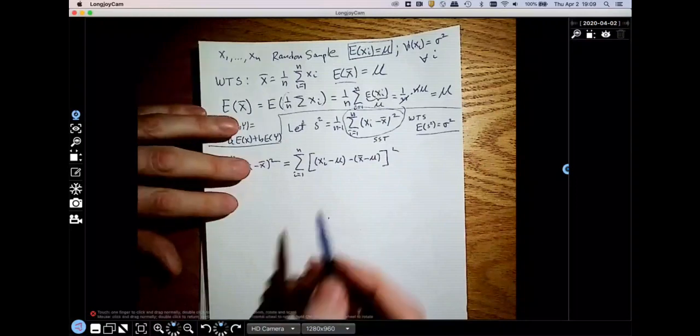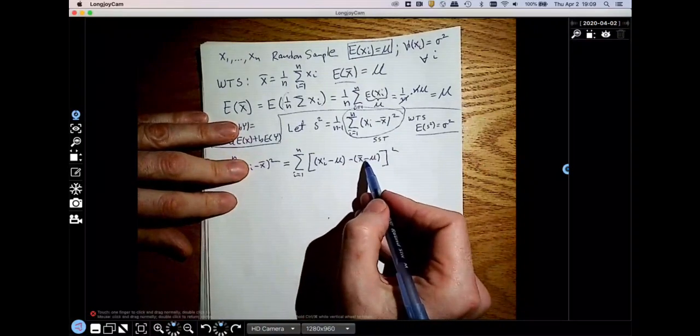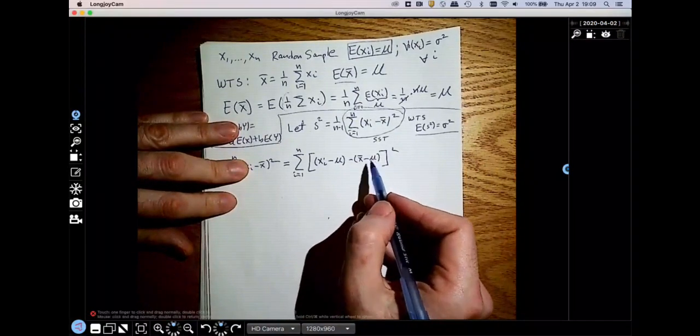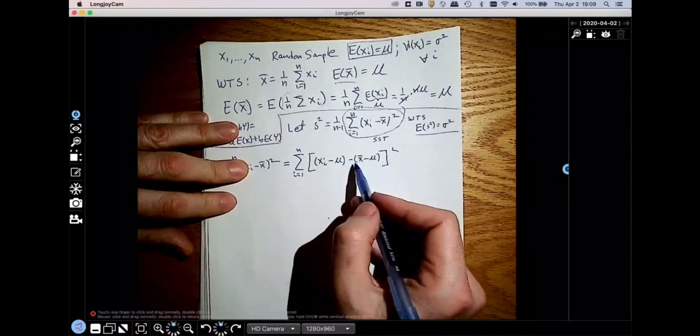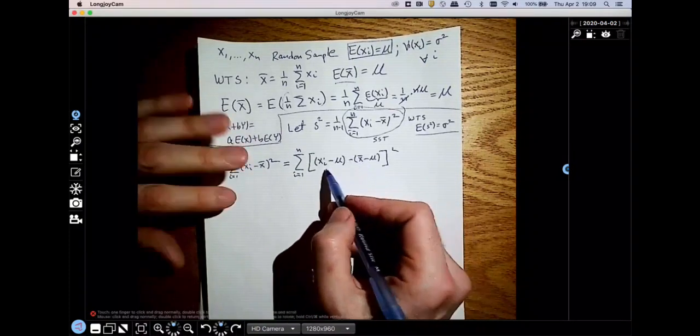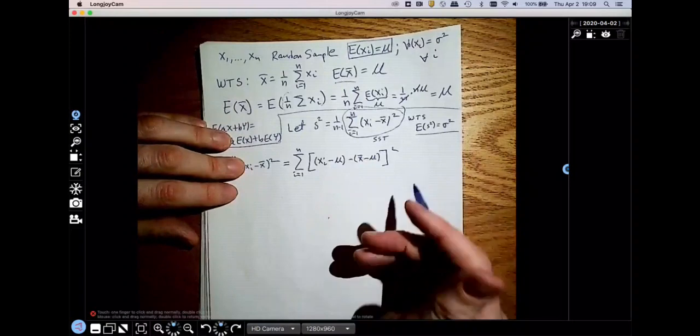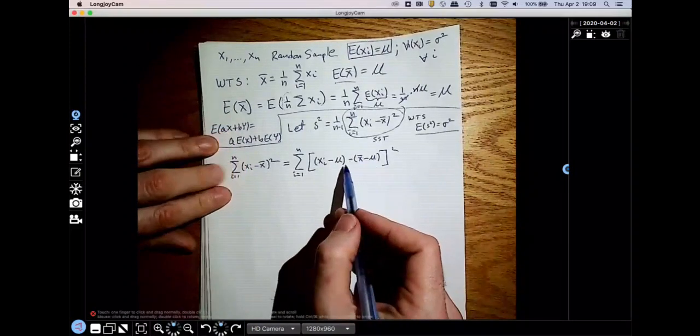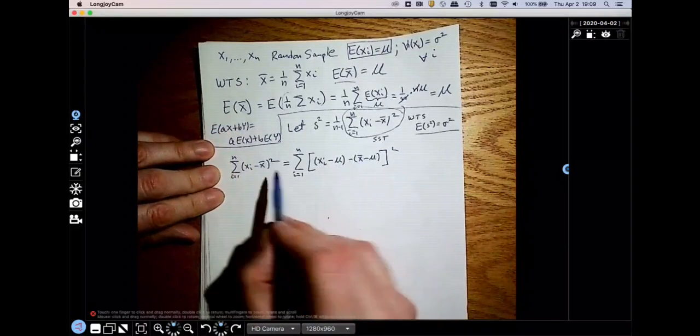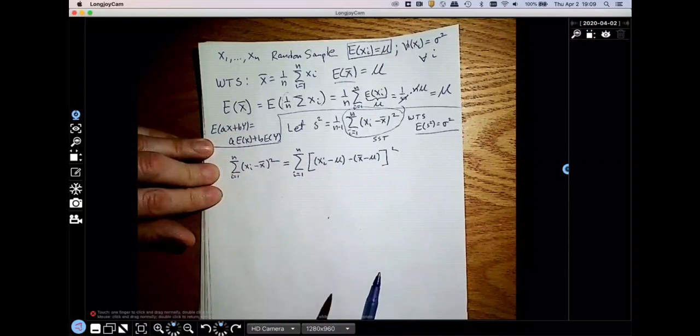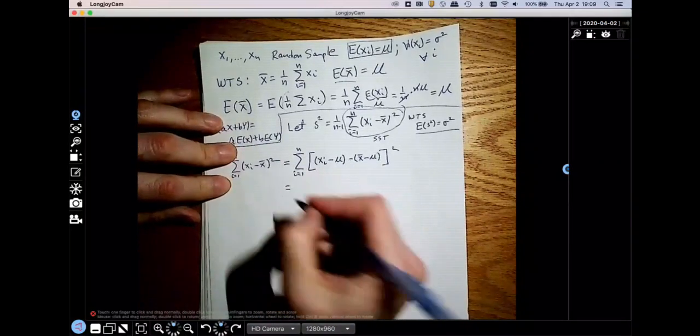So look what I have here. I have a minus times a minus gives me a plus mu minus a mu. So really, I've just added 0 to an expression, and when you add 0 to an expression, it doesn't change it at all. So what's left is xi minus x bar, and that's what we had before. Well, let's go